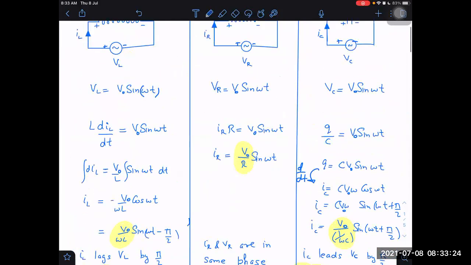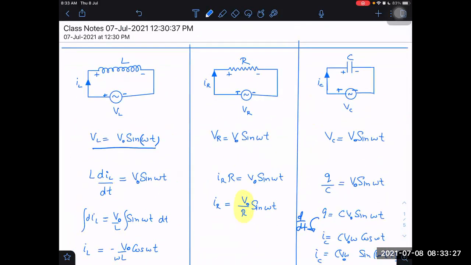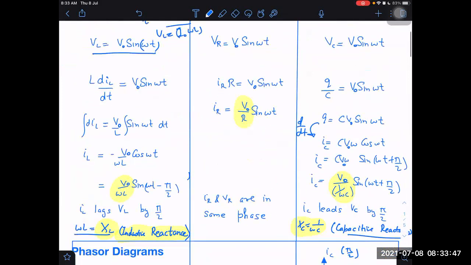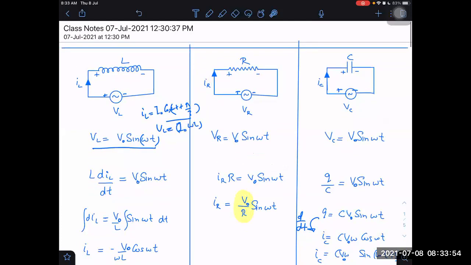If somebody has given me not the equation of VL, but let us say I give you the equation of IL, and I say IL is equal to I naught cos omega t plus pi by 3. Then what will VL be? This increases by pi by 2. VL will be, first of all, not I naught. It will be I naught into omega L. You know the reason? IL is equal to V naught by omega L. So V naught will be IL into omega L. So first multiply by omega L. This amplitude part is taken care of.